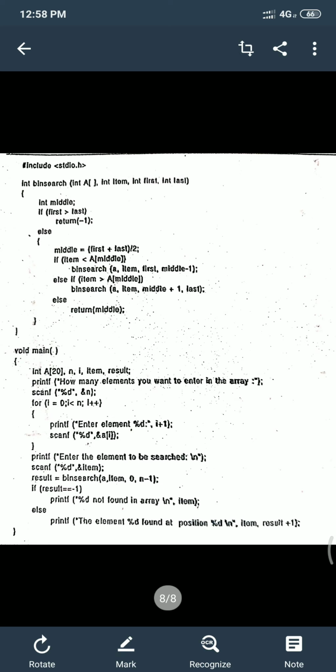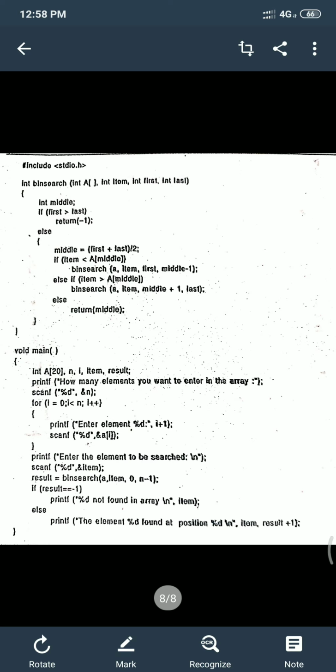This is important to observe. If first exceeds last, it means that the required item is not found in the array. That is, if first is greater than last, then you print a statement stating element not found.